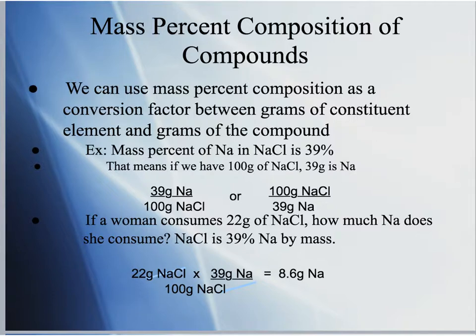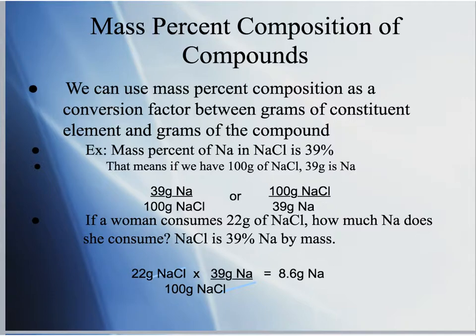That's the only two types of problems we do in here. We either plug and chug or we do conversions. So we're going to see that we can come up with a lot of different conversion factors given the information in a particular problem. Okay, so here we can use the mass percent as a conversion factor between the element and the grams of a compound. So for example,